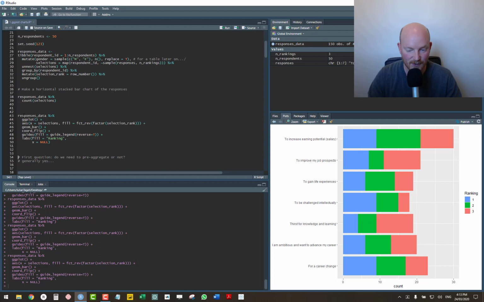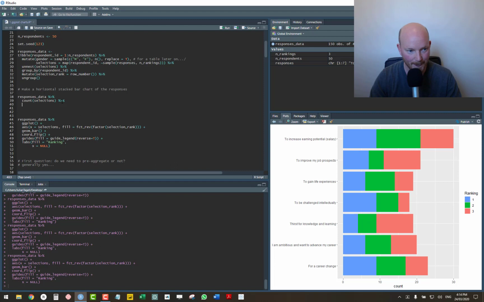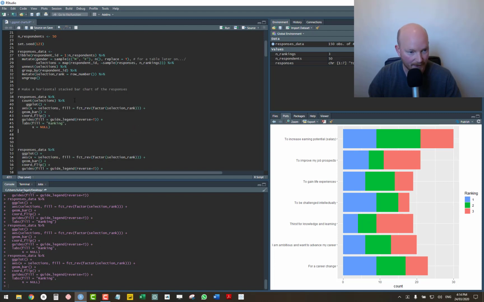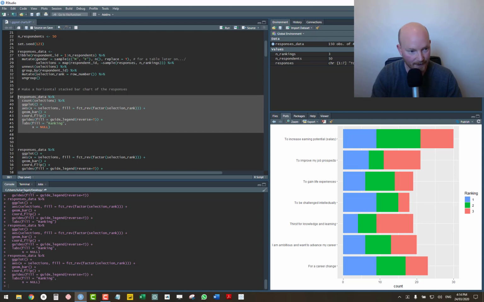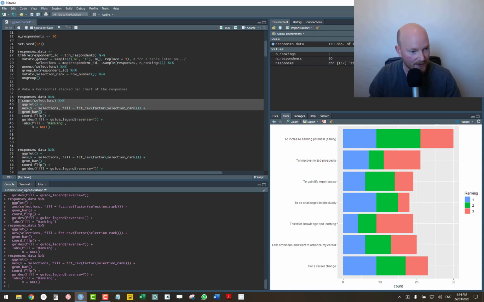So that's if I don't aggregate the data. The next question is, what happens if I want to aggregate the data? How do I do that? Here we go back to our aggregated data. We can copy this whole thing here. That's still the same. The whole thing is the same, but there's one crucial difference. So when I run this, even just up to there,